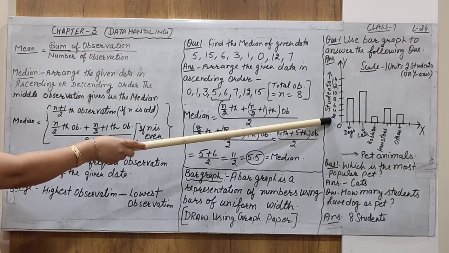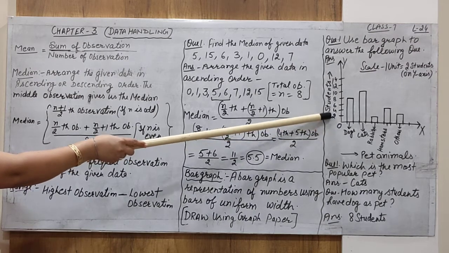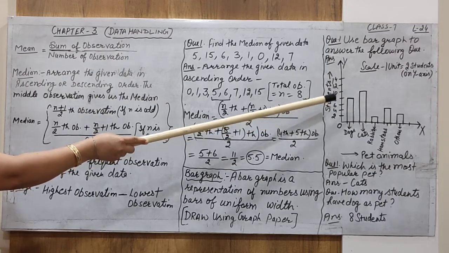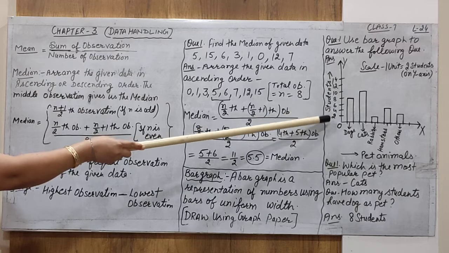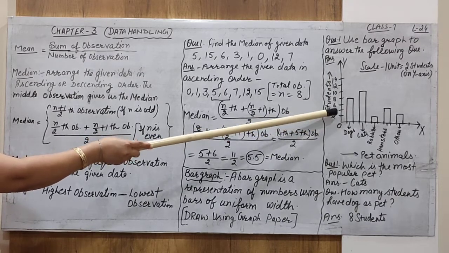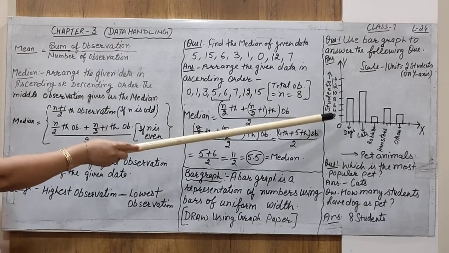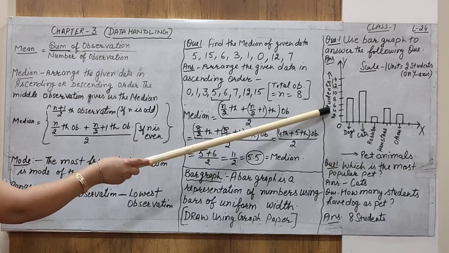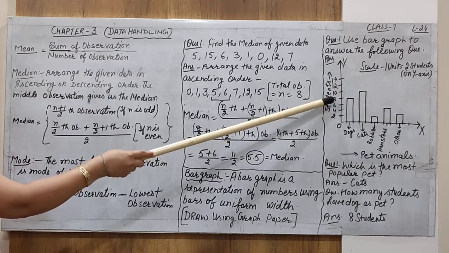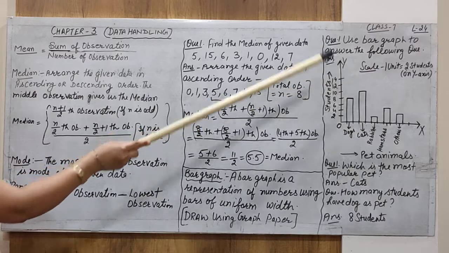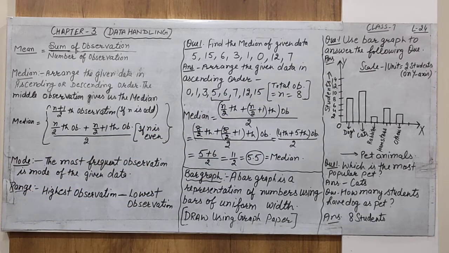Now start from 0, with equal gap after equal unit. After 10 light lines or 10 small lines, there is a dark line, and that dark line represents 2. Similarly, after 10 lines, after 1 unit, we select 4. That is a gap of 2 every time. So 0, 2, then 4, then 6, then 8, then 10, then 12 and then 14, and so on up to how much we require.